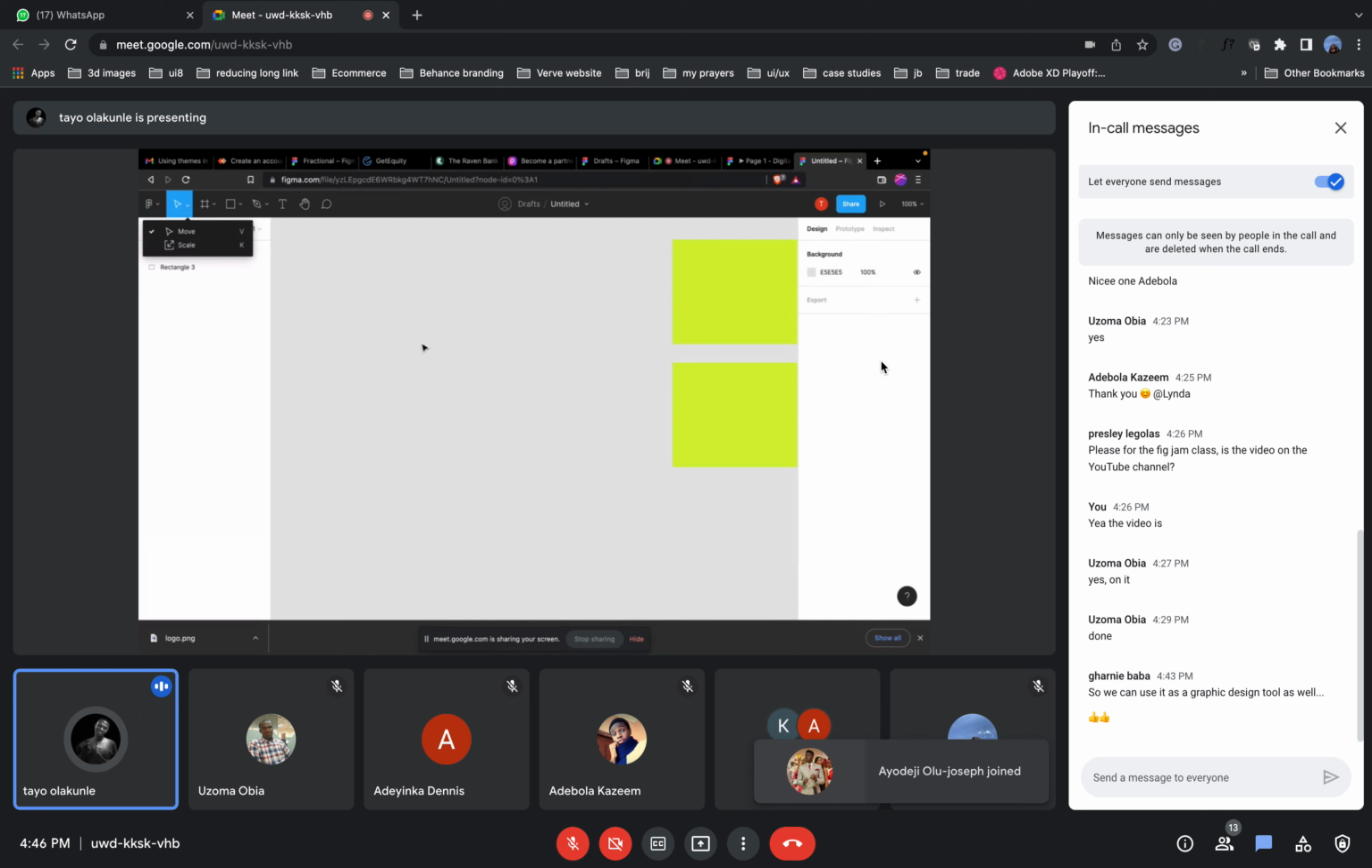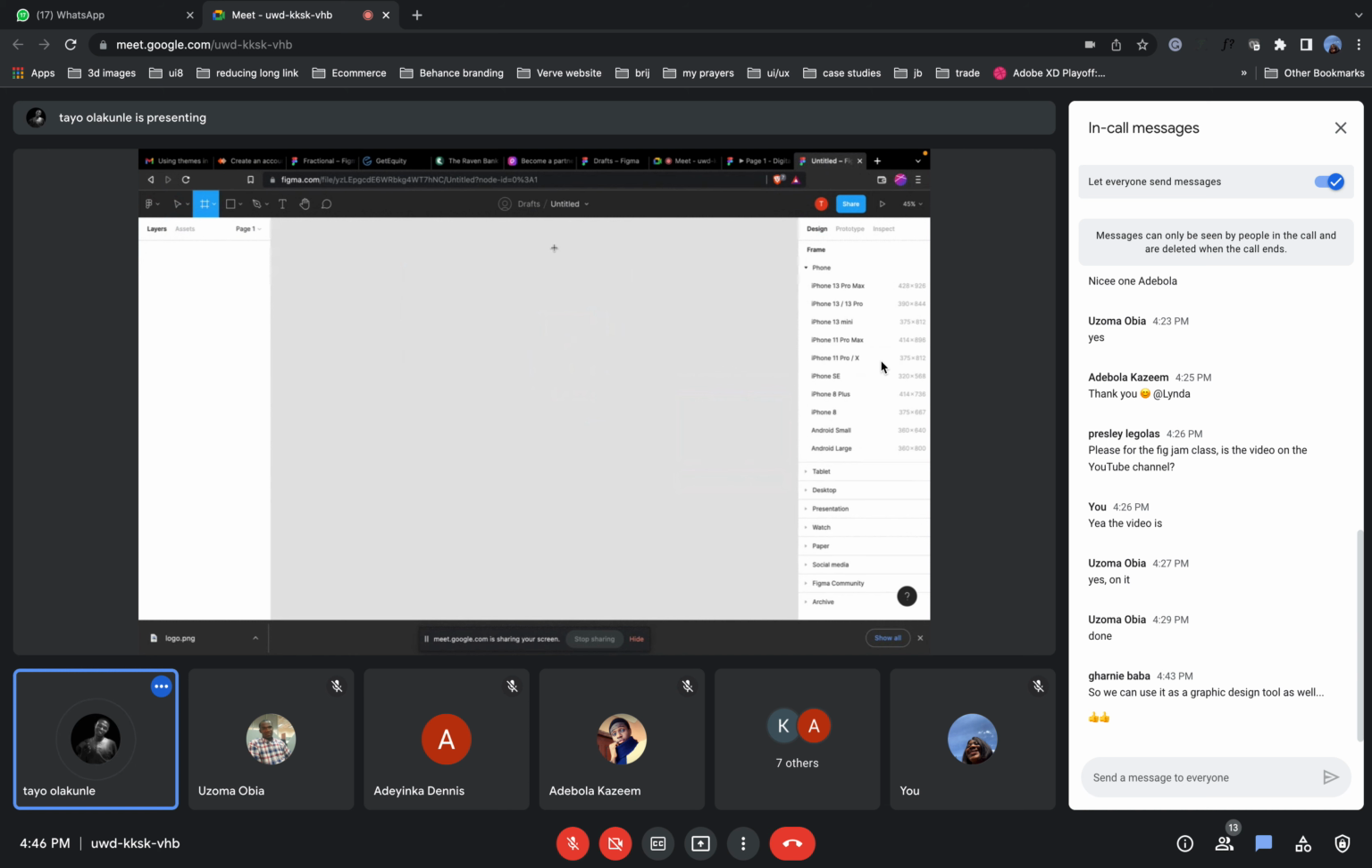That's one. Now there's this very important one, something that we would definitely use every time. This is called the frame, right? When you click on the frame, there are two ways you can use it. You can use some of the preloaded frames that Figma has given you, for example, your phone, your tablet, your desktop. And basically, the whole idea of what a frame is, it is like